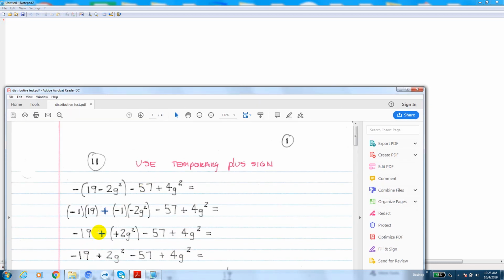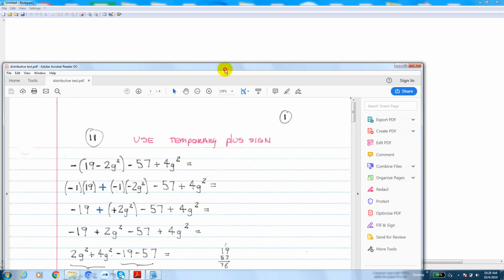Now, it's time to remove the temporary plus sign. You say goodbye to the temporary plus sign. You thank the temporary plus sign for its service, and then you kiss it goodbye. You're out of here. Okay. So it's negative 19, remove the temporary plus sign, just carry this thing down, plus 2g squared minus 57 plus